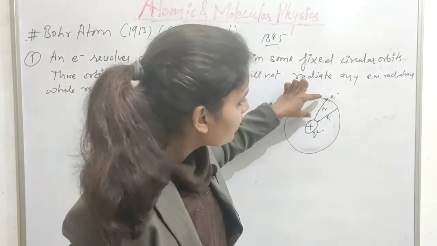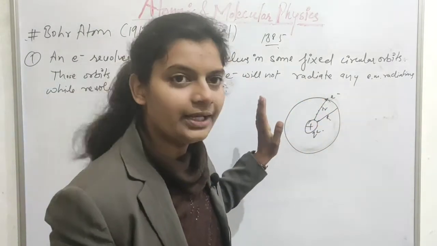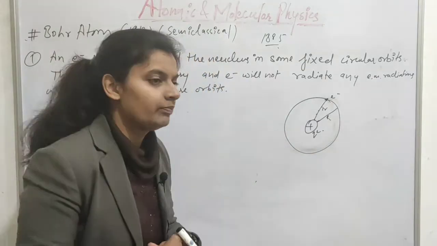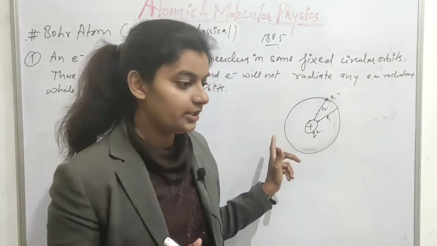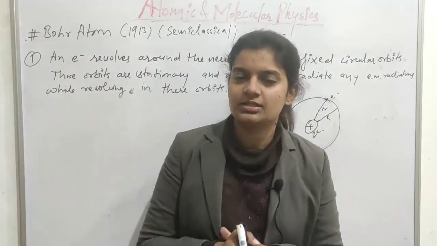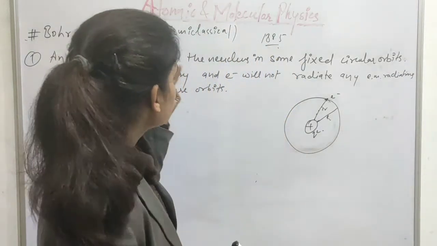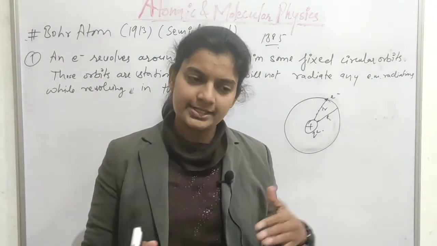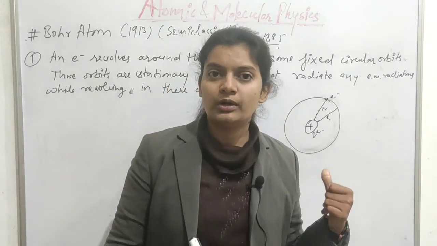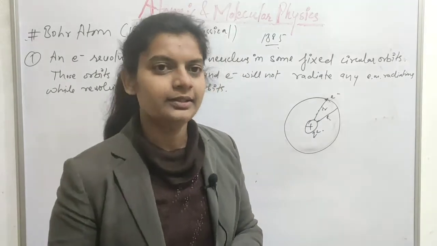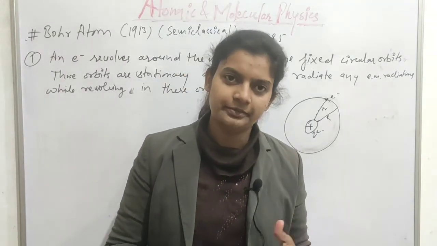He said that the electron can revolve only in some fixed orbits, not any arbitrary orbits. So he quantized the radius. He took the idea of quantization from Planck's quantization condition. So this is the quantum concept. Hence in this manner, this model is a semi-classical model. It takes some ideas from classical mechanics and some ideas from quantum mechanics, not purely classical, not purely quantum mechanical. So hence it is named the semi-classical model for the atom.